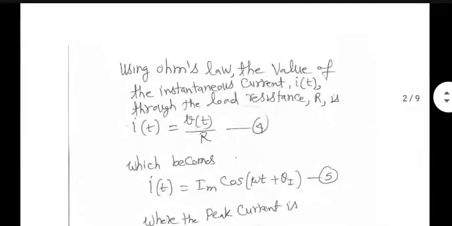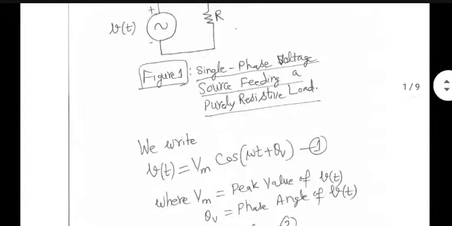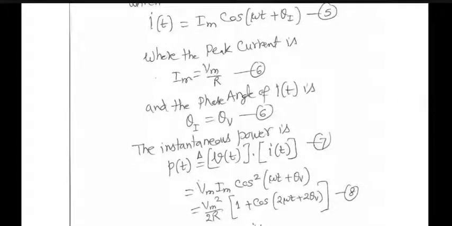So I define Vm divided by R as Im, and I write i(t) equal to Im cos(omega t plus theta i). For the sake of completeness, I am using a different symbol for the phase angle of current, although in this particular case, theta i and theta v happen to be the same. In case of a pure resistance, the phase difference between voltage and current is not there. So theta v and theta i are the same. But in this course, we will be using different symbols for phase shift in current and voltage, even if they are equal. Okay. So theta i is theta v for a purely resistive load. No issue with that. Geyser is one example of this.